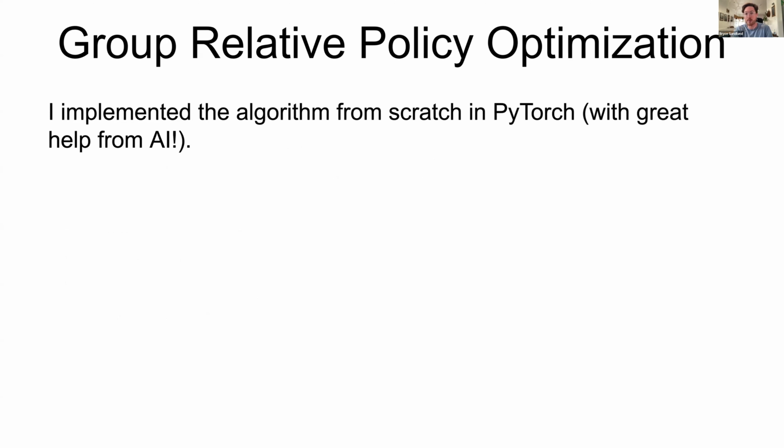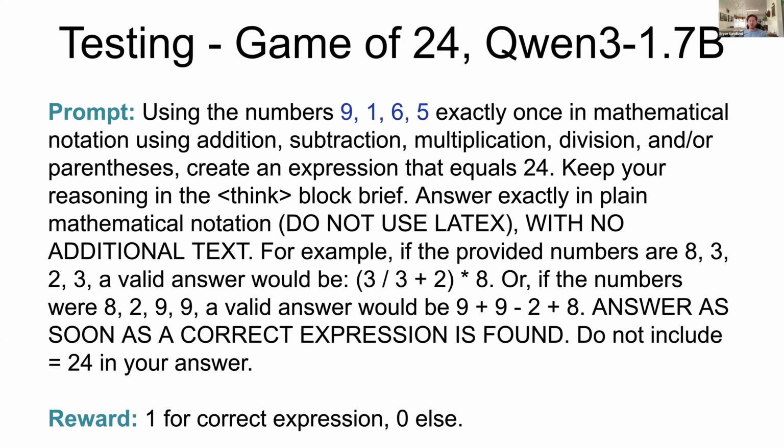And AI is so capable now that you can just prompt it and work through the algorithm piece by piece. All right, so I'm going to talk about my experience of trying to actually use this algorithm. We used a toy test problem, the game of 24. This is the exact prompt I give, and I did prompt engineer this a fair bit in order to get a decent success rate right out of the gate. But the idea is you're given four numbers and you want to create a mathematical expression with those numbers that equals 24.